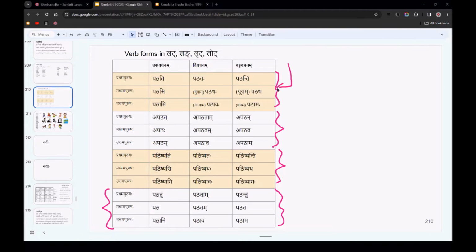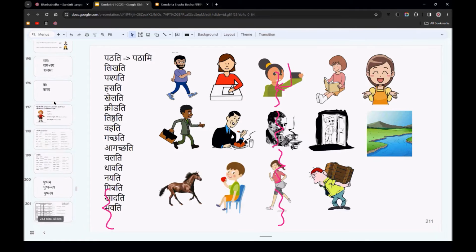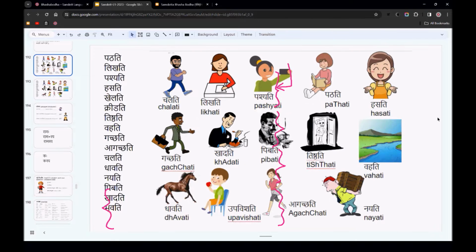So looking at the present tense right now, only present tense: pathati, pathatha, pathanti, pathasi, pathatha, pathatha, pathami, pathama, pathama. In this, some examples are shown here. Like, chalati means somebody is walking, not me, not you, not aham, not tvam, but somebody, like Purushaha or Balakaha,